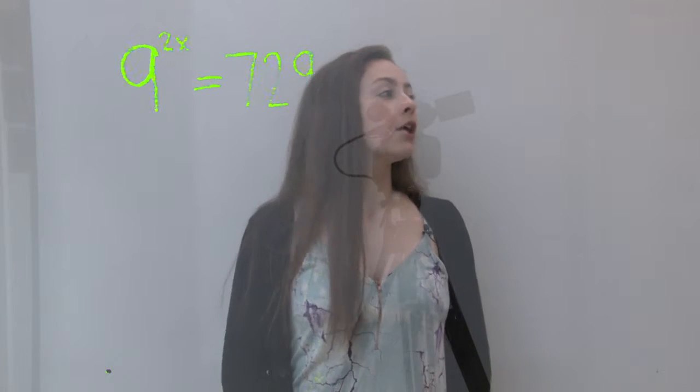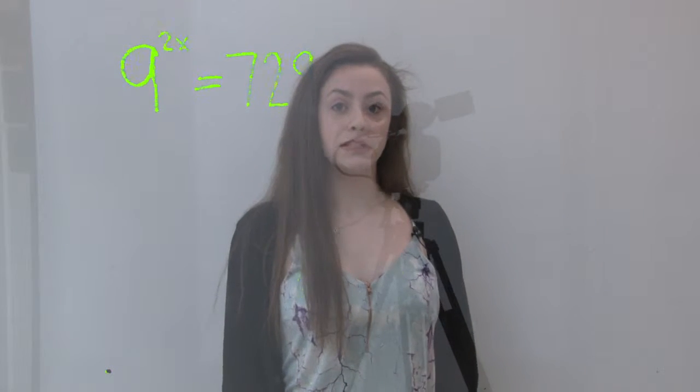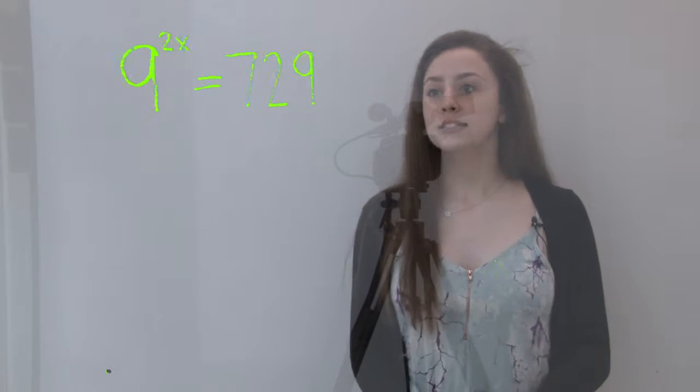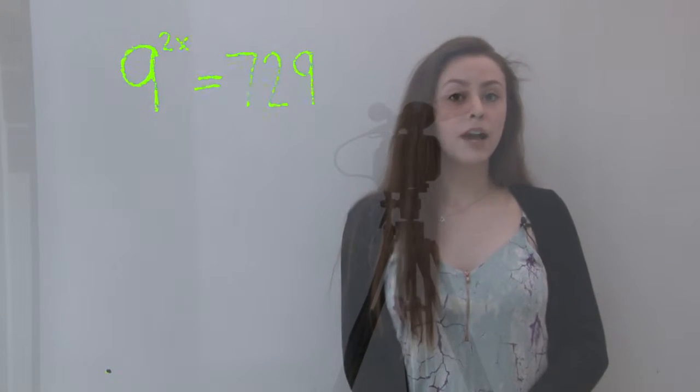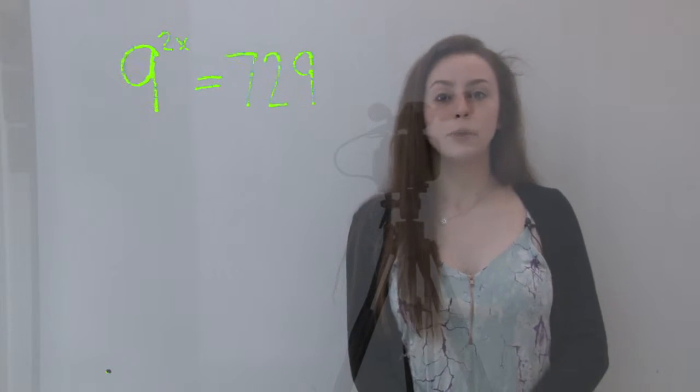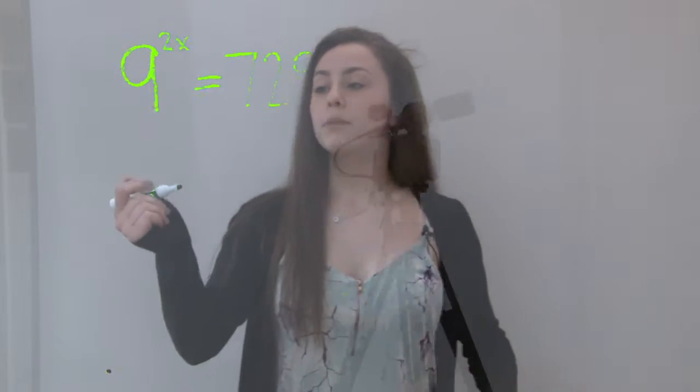In this problem, you'll have to find the common base and then simplify the exponents and then set the exponents equal to each other. To get started, we can easily see that 9 and 729 have a common base of 3. Be careful because they also have a common base of 9, but you want to choose the lowest common base. So if we use the common base of 3, then you get 3 squared raised to the 2x equals